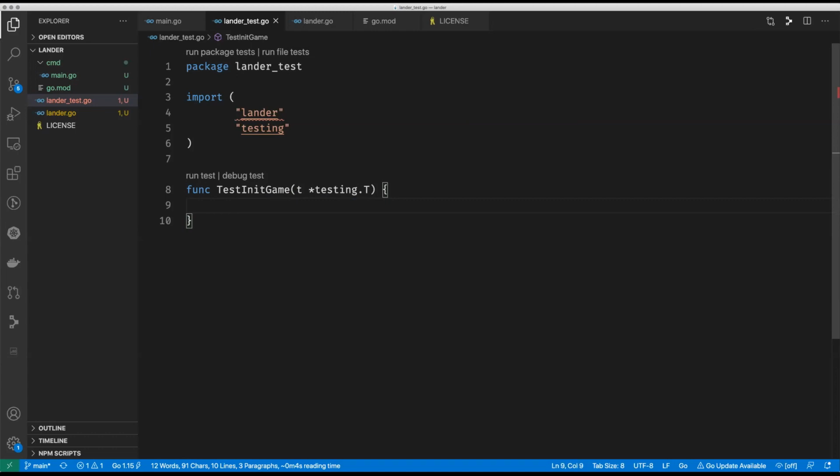So, as you know, I like to write tests by specifying my want, and then I work out what I got, and I say, does want equal got? That's a nice simple structure for a test, isn't it? So what's our want here? Let's punt that question, and then we'll say, let's call lambda.initGame, and